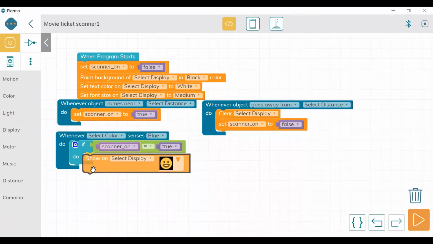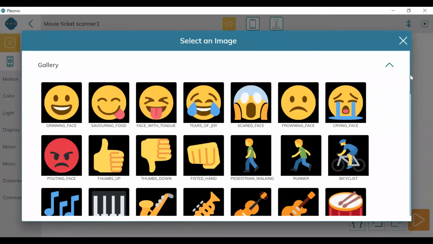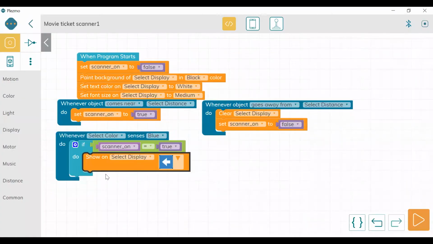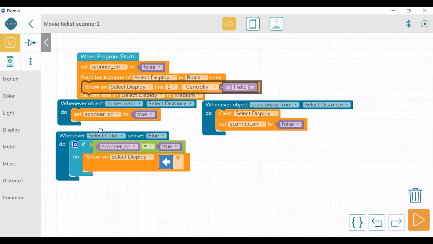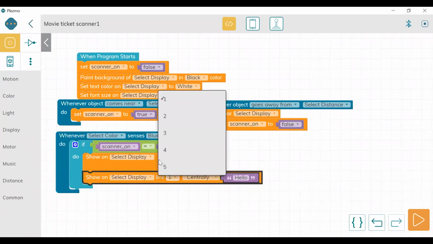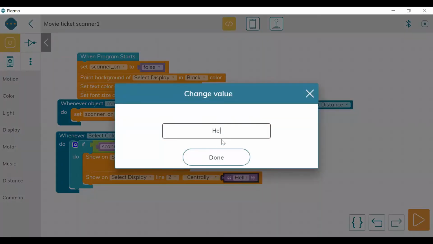we will go again to the elements, display, show, and we have to show a left arrow. So we'll see where we can get it. Yes, correct, left arrow. And then we have to show text, fine. So we have to take this option in line 1 or line 2, you can say. You can try different positions of the text on your own. And here I'm going to type, I want screen 4.